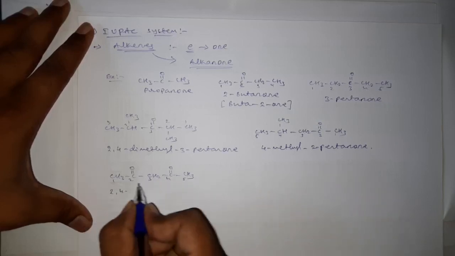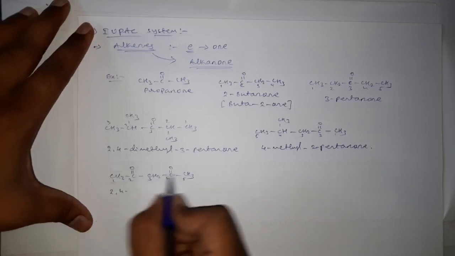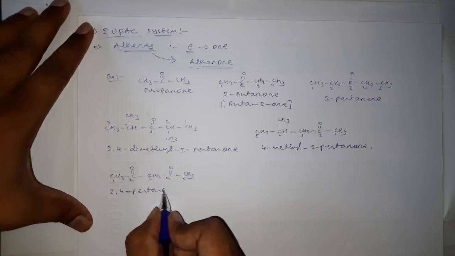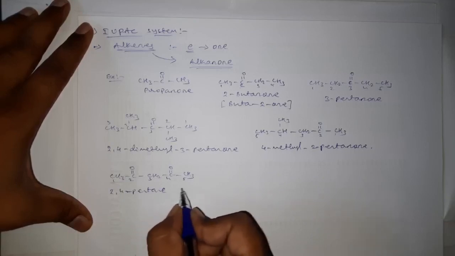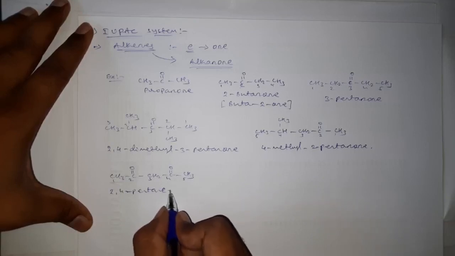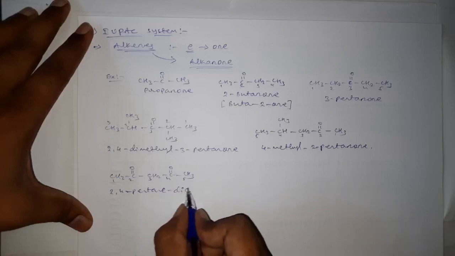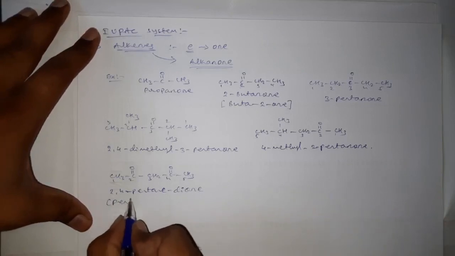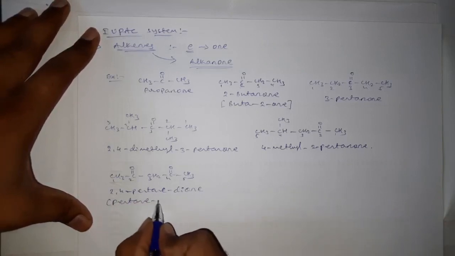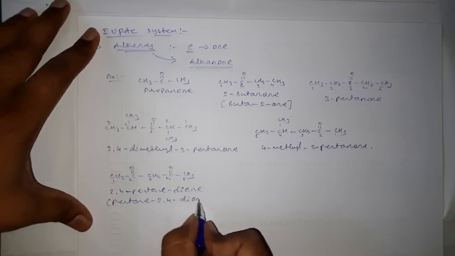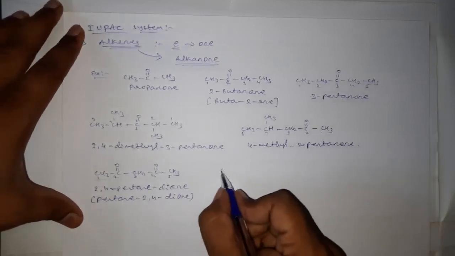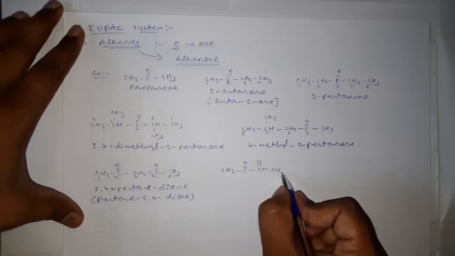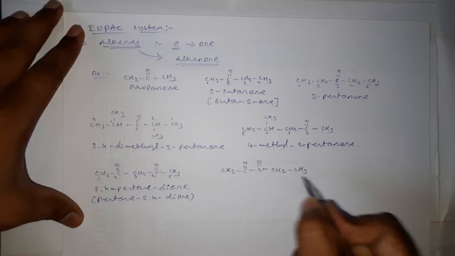On second and fourth position, 2 ketonic groups are there, and the parent chain is pentane. And here we have to retain the E of the alkane, that is pentane, and after this we have to add the multiplicative prefix di-one, or we can write this one as pentane-2,4-dione. Take another example, CH3, C double bond O, C double bond O, CH2, CH3.